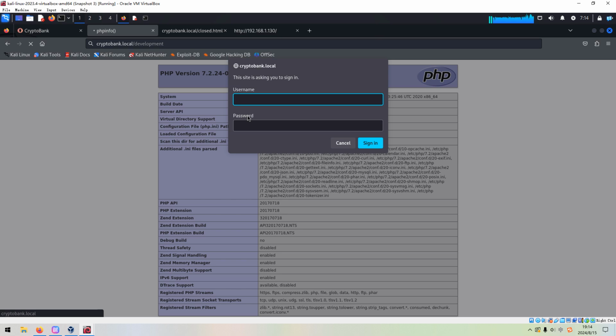However, we are prompted by the HTTP basic authentication window, and we try to use admin and also admin to sign in, but failed.